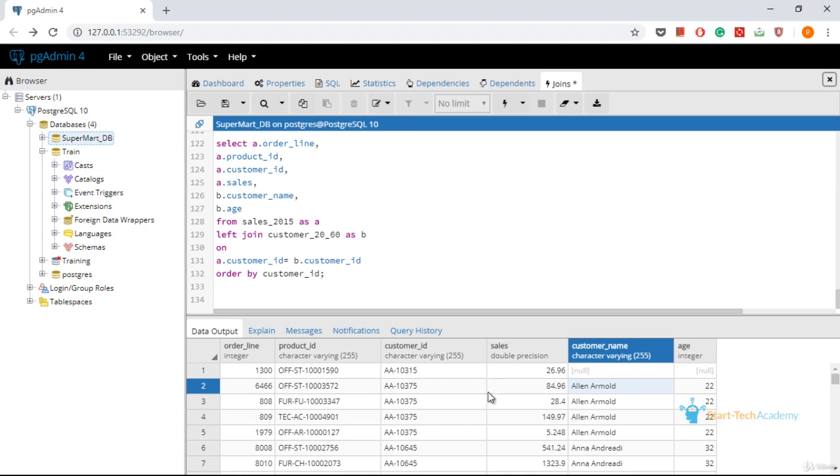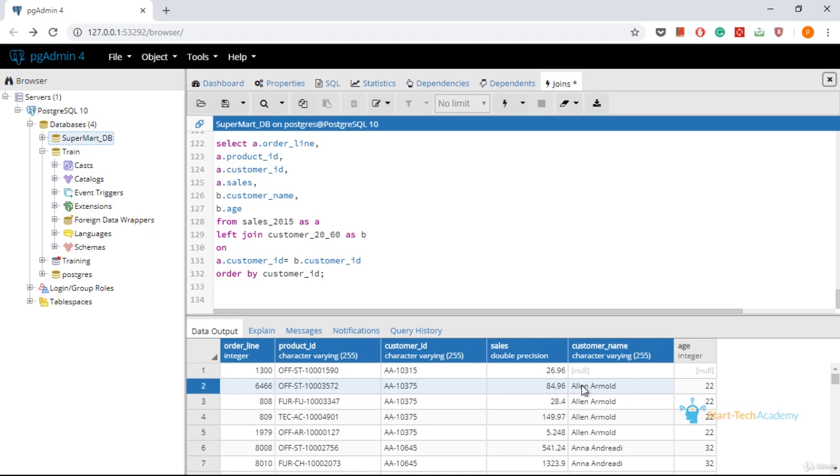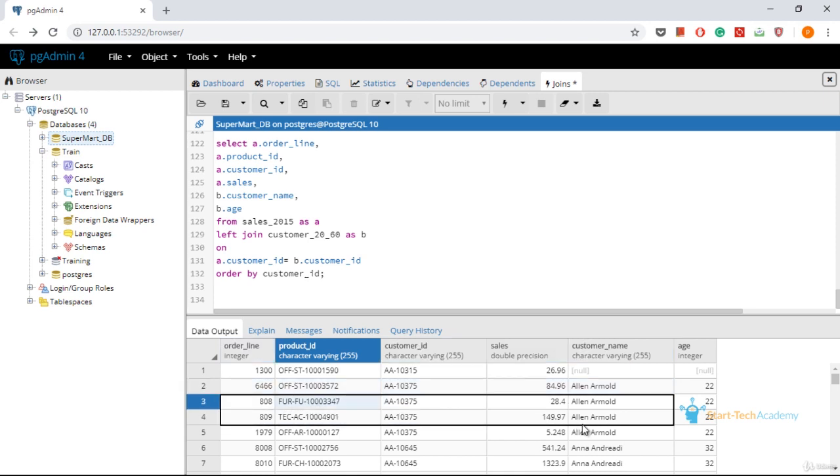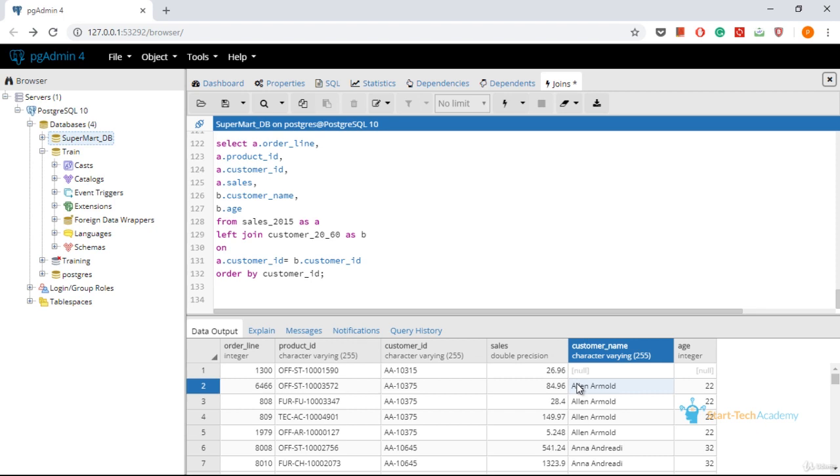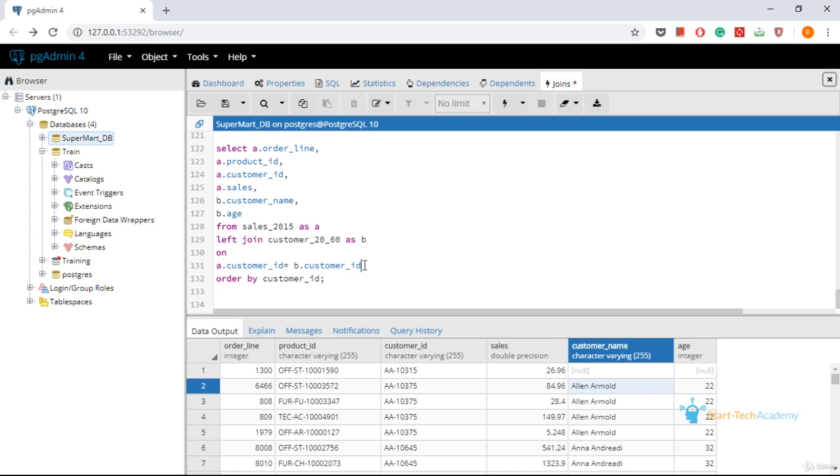When we take left join, for this particular row, there will be 2 rows in the result set. One will have Alan as customer name and the other will have John as customer name. Similarly, for the other 3 rows also, it will have 2 per row. Overall, for this particular customer, you would be having 4 rows in the result set. This may not be the desired result set for you. So keep in mind, while using the left join, the matching key of the table 2 should either be a primary key or should have the unique constraint. This will give you the desired results. In the next video, we'll be discussing the right join.